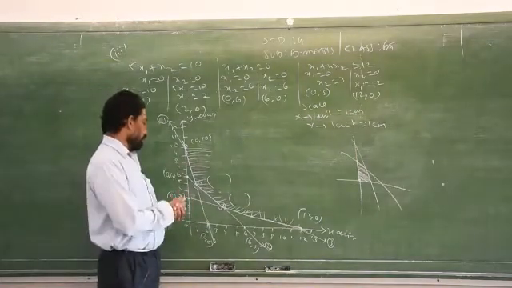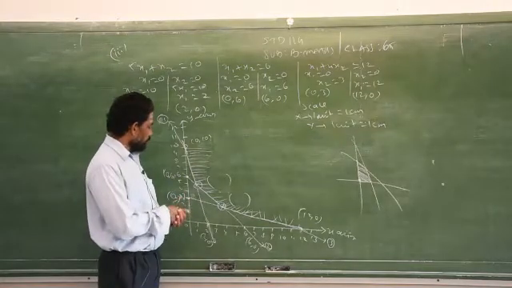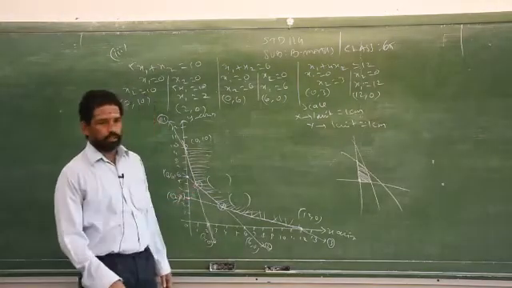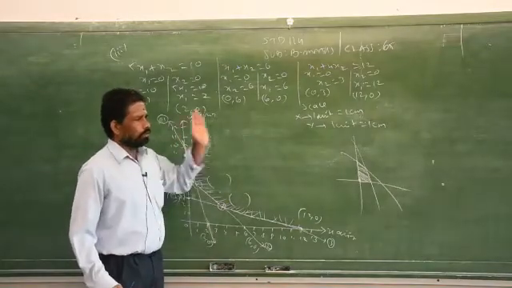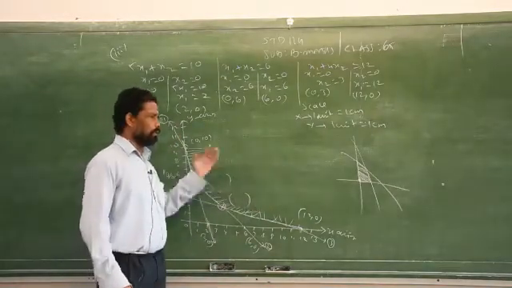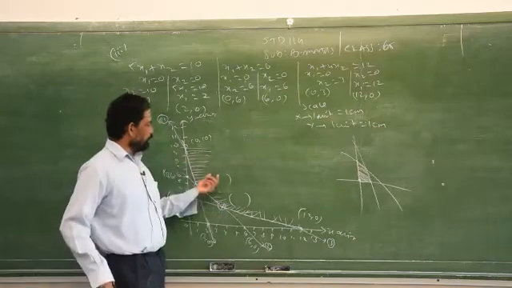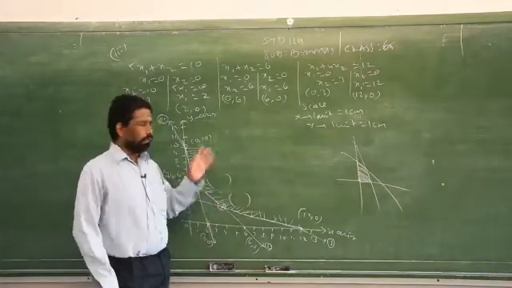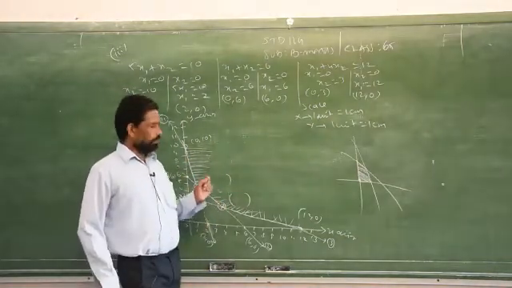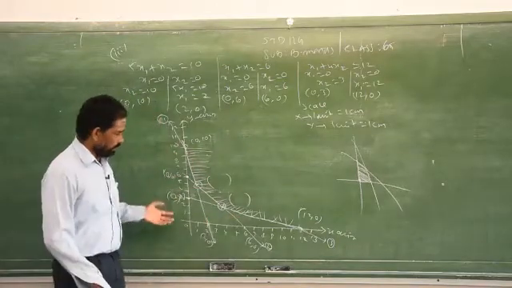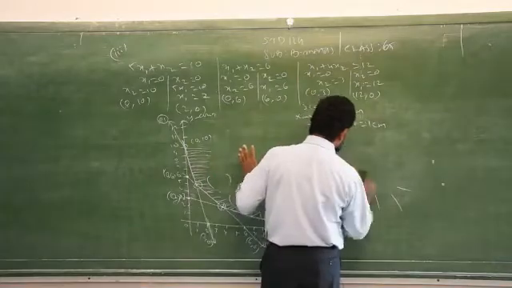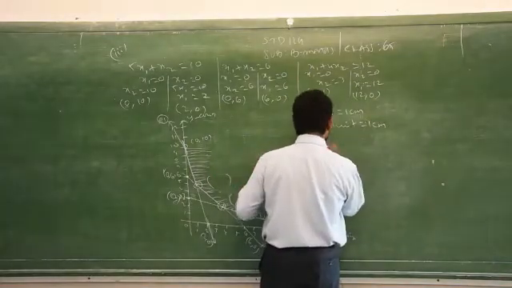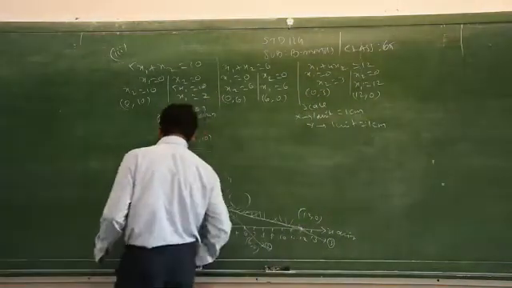But, no sir, I don't know how to find the intersecting points by using the graph sheet. Then you can go for the elimination method. With or without the elimination method, if you find the intersecting points correctly, nothing is wrong, we will give the marks. If it is wrong, then you lose marks. So it is better to plot the points exactly on the graph, and you will get the exact answer.